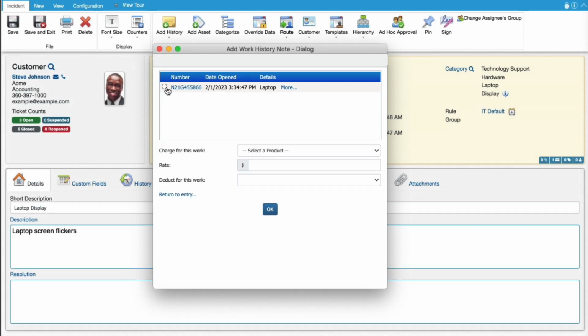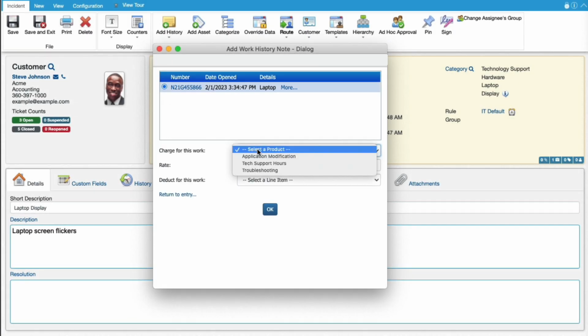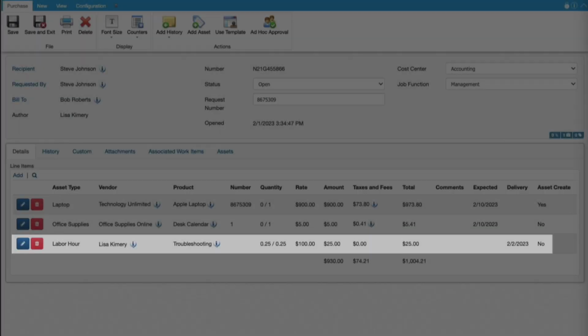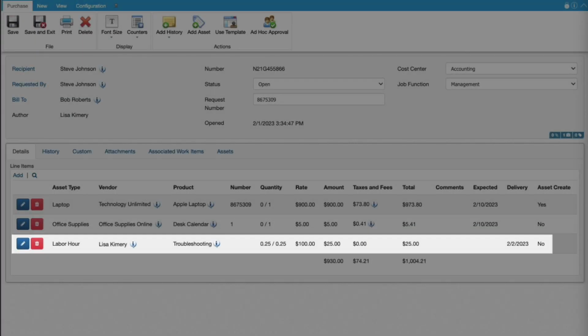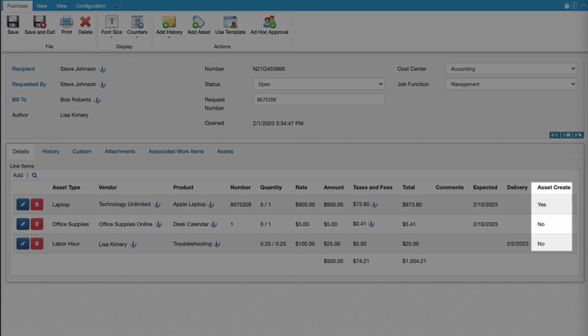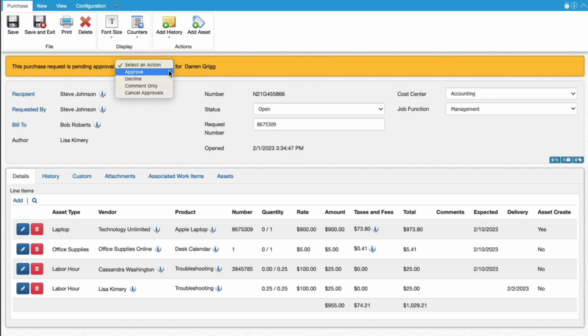When entering work history in the Incident, Problem, and Change screens, you can add or deduct a charge on an associated purchase order. The charge will be applied to the purchase order. You can enable automatic creation of asset records when all of the expected quantity for a line item on a purchase order is received. You can require a purchase request to be approved before most functions can be performed and